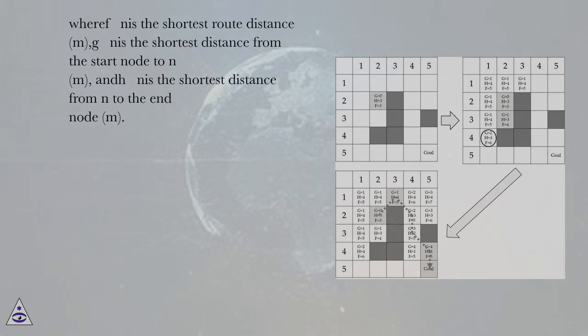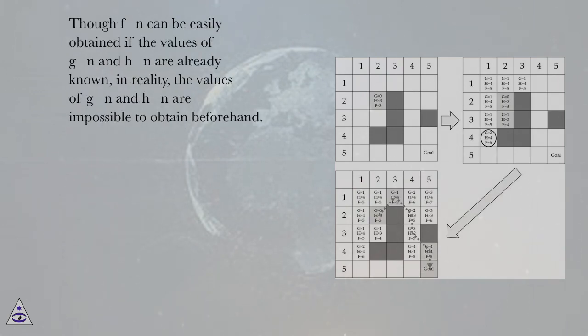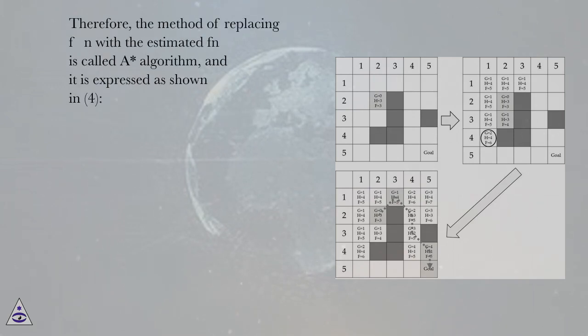Where f(n) is the shortest route distance, m, g(n) is the shortest distance from the start node to n, m, and h(n) is the shortest distance from n to the end node, m. Though f(n) can be easily obtained if the values of g(n) and h(n) are already known, in reality, the values of g(n) and h(n) are impossible to obtain beforehand. Therefore, the method of replacing f(n) with the estimated f'(n) is called an A* algorithm, and it is expressed as